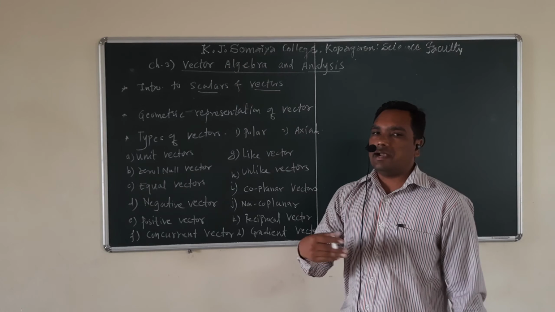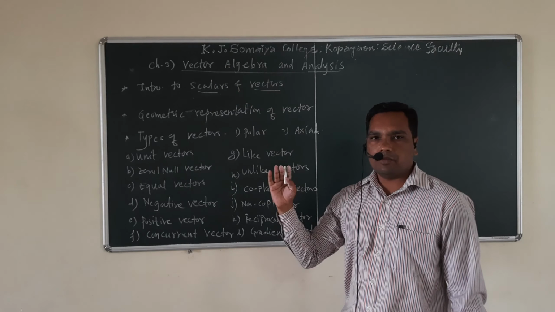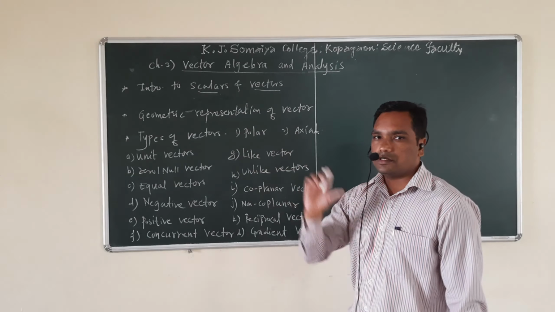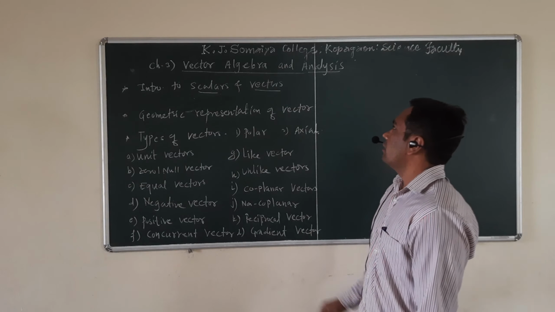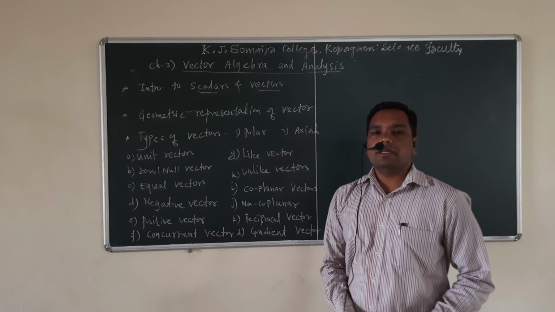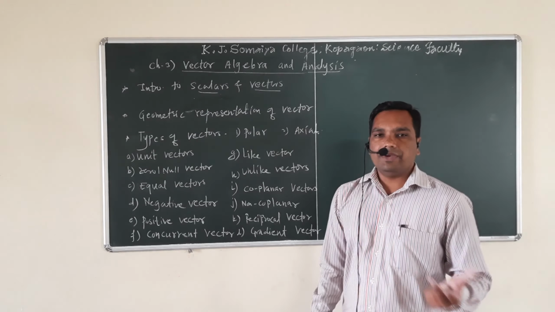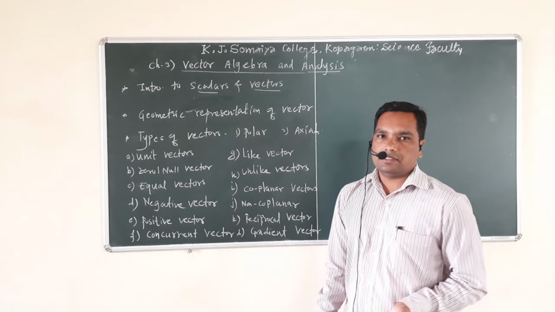Okay, so we are going to study those rules for vectors. How can we add 2 or 3, 4, 5 or a very large number of vectors? What are the rules for adding those vectors? The next part is analysis. Analysis is generally related to fields. The fields are vector and scalar fields.